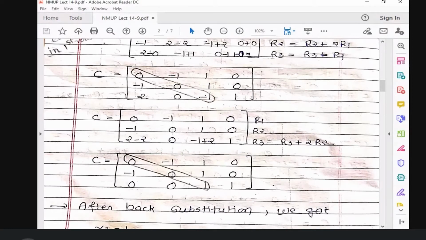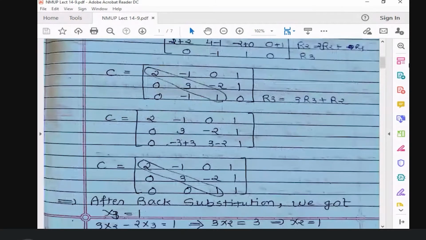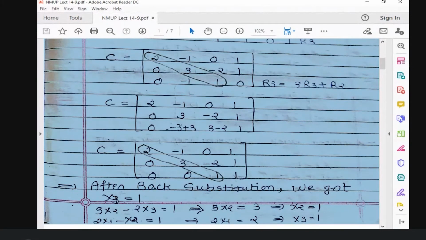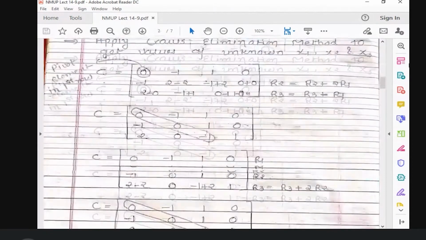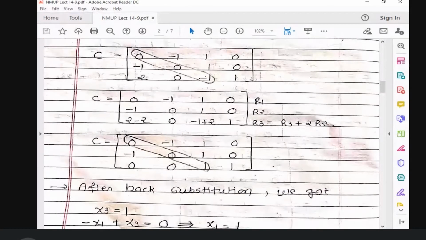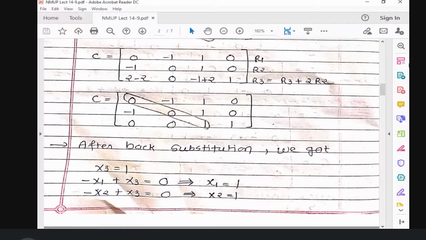Just compare this matrix with my previous matrix. In the previous matrix, some values are equal to 2, some are equal to 3, some are equal to minus 2. And if I want to find the unknown values, I have to perform addition, division, subtraction or multiplication. But if I get values only in terms of minus 1 or 1, at that time I don't have to go with complex mathematical operations. I can directly find the values in a simple way, right?